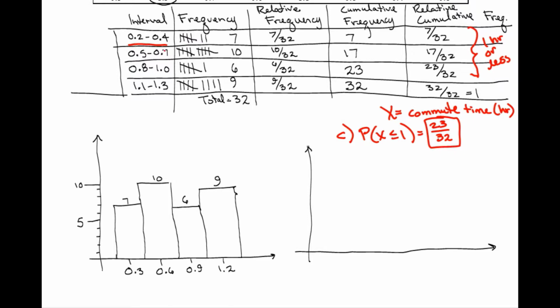Instead of doing 0.2 to 0.4, we're going to write 0.15 to 0.45. In other words, I'm going to bump it up a little bit from the upper boundary and down a little bit from the lower. That way I can start the next one at 0.45, and then that's going to go up to 0.75, just above the upper boundary. Then 0.75 in the next category up to 1.05,